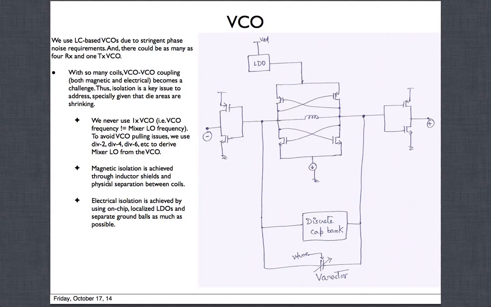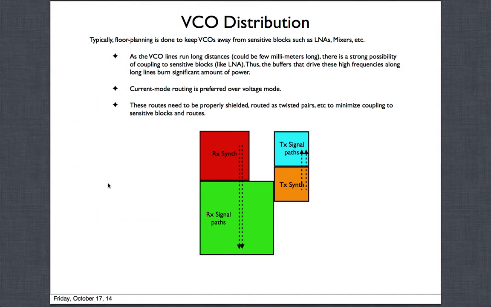Making all these chips work takes a lot of effort to get the blocks in and get all the innovations in to get very good performance. But even on top of that, the main thing that turns out to matter is going to be coupling, spurs, isolation, how you floor plan it. There is no specific or defined way of doing it other than what you've learned through years of experience. That is becoming the key thing in making these chips work or not work. So I think we talked enough about this VCO business here, and you understand what it looks like. Again, refer to the other lectures for more details on the VCOs.